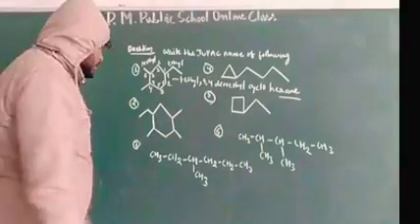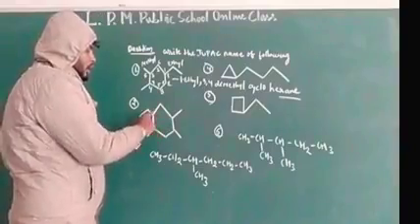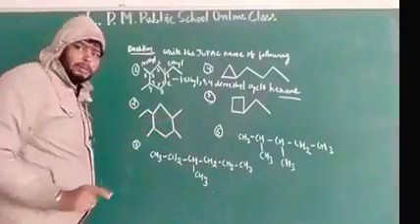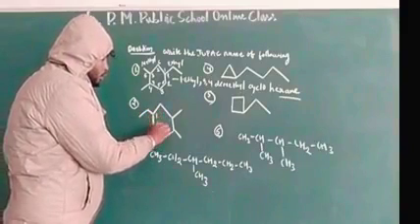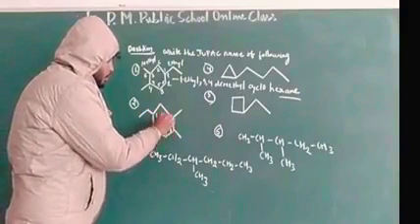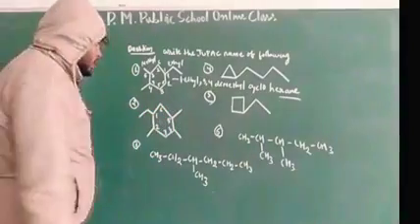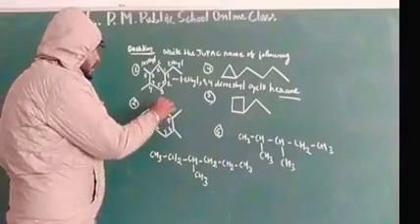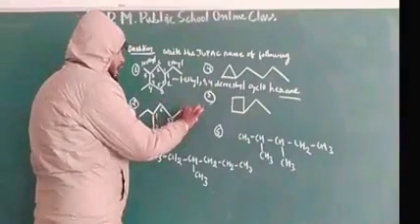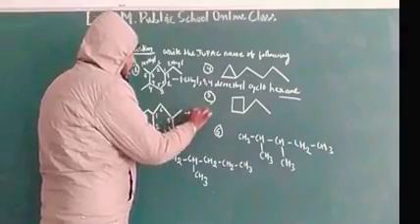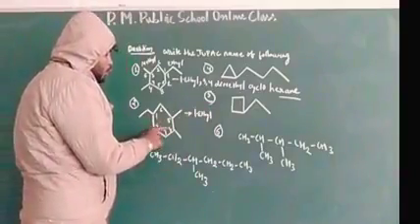Okay. Your numbering starts from 1, 2, 3, 4. Here 1, 2 is the lower position. That means you have to write 1, 2, 3, 4, 5 and 6, and 1 is this. For the naming, you have to write the concept here. That means here I write the name of this organic compound: 1-ethyl, 1-ethyl. Okay. 1-ethyl 2, 4, 5.